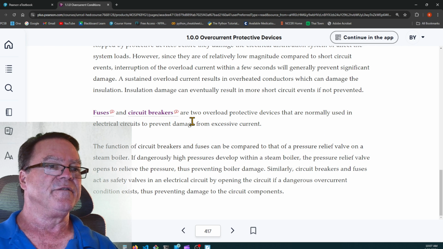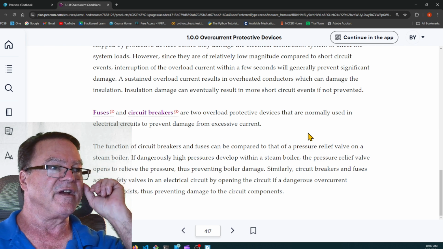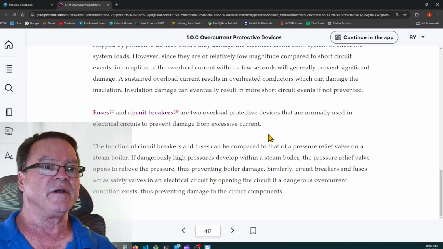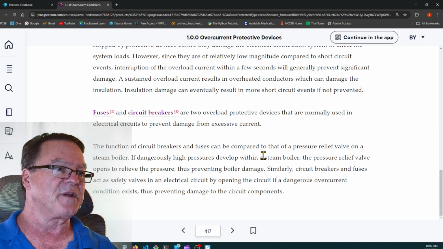Fuses and circuit breakers are two overload protective devices that are normally used in electrical circuits to prevent damage from excessive current. Function of circuit breakers and fuses can be compared to that of